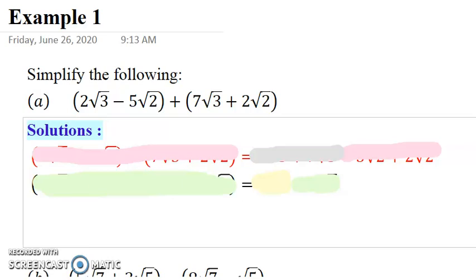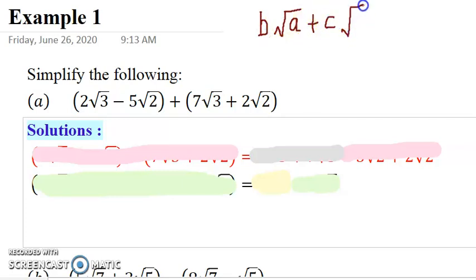Example 1, simplify the following. Question A: we would like to make use of the rules of surds in addition, where if I want to add up two surds, I must make sure that they have a common surd. Let's say I have b square root of a, and I add c square root of a, then I can simplify it as b plus c